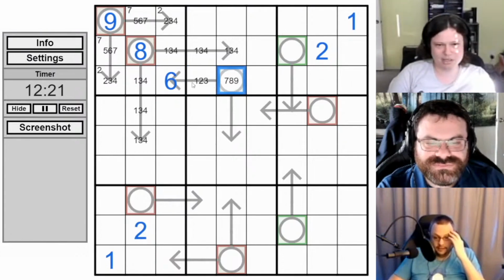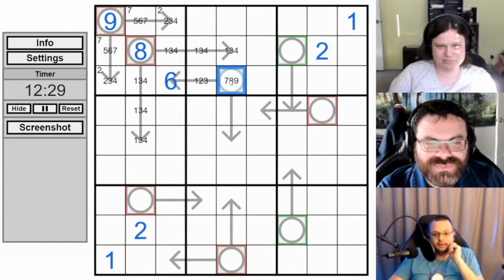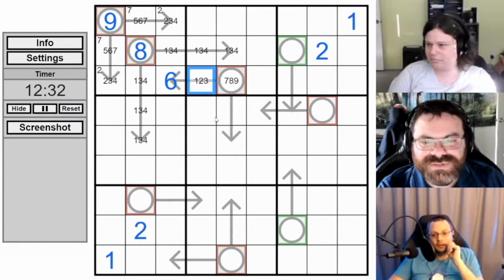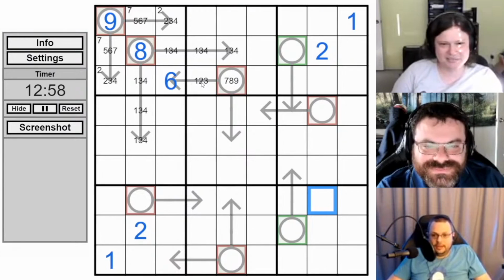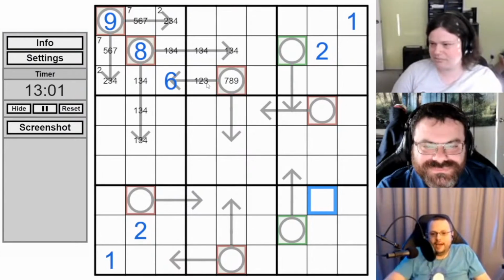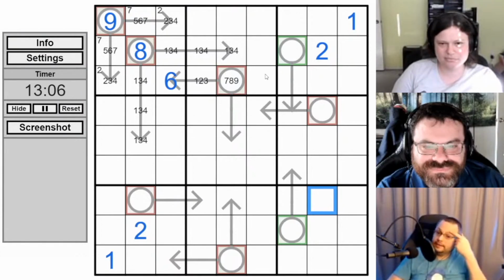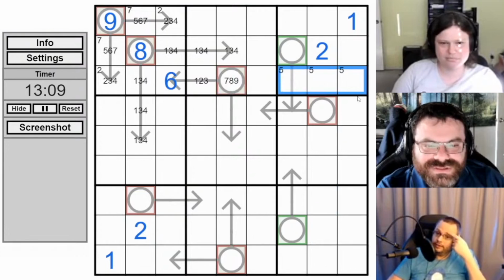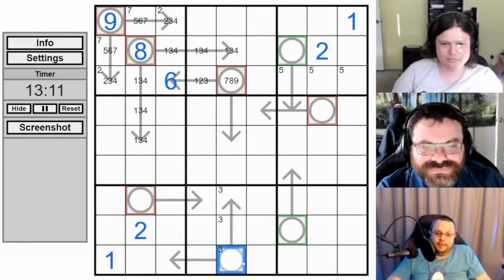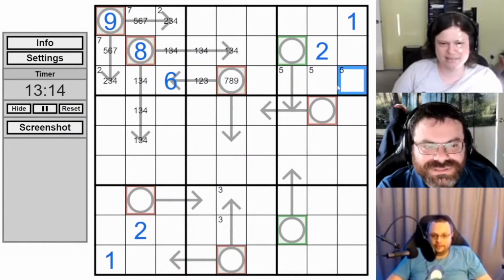Well, that places the 3 in column 6. Oh, no, it doesn't. I'm sorry. And that at least puts 5 in one of 3 places over there. I was saying that we can pencil mark that we have 5 in one of these 3 places over in box 3, because we just got the 7, 8, 9 row index. Ah, I see. And we also have 3 in the column, and that's the key, as I recall. That was the big one, yeah. So this can't possibly be 3, 1, 2, for lots of reasons, not least of which it would put a 9 on top of 7, 8.